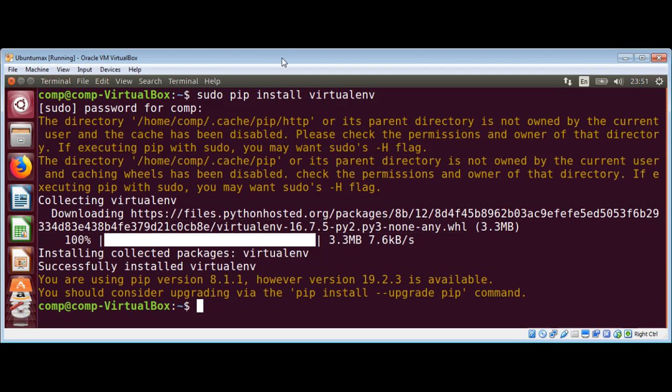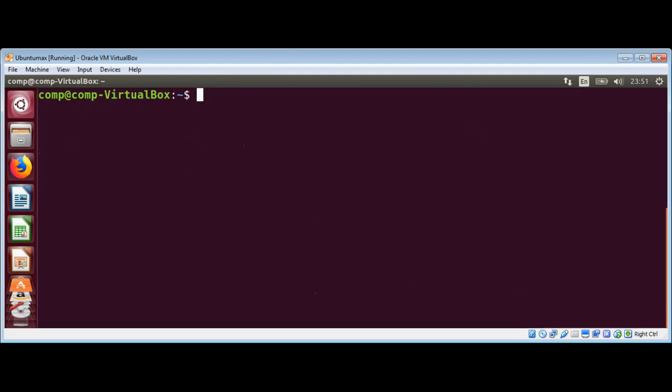Now I'm going to create a directory. First I'm going to clear my screen. I will make a new directory with the mkdir command, make directory command, and name it my first env for environment. And then I will move into this folder, my first environment,